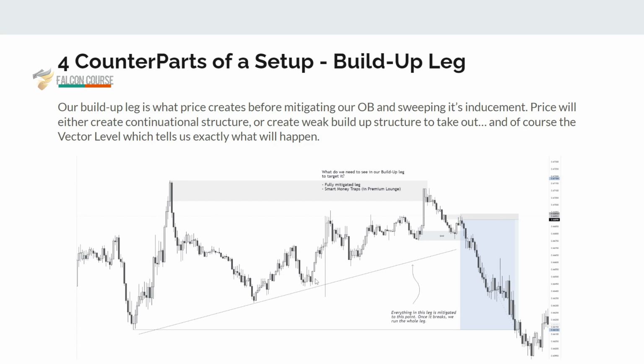A lot of people get trapped here thinking they'll sell to this point here. But that's really what our build-up leg should consist of if we want to target its low. And this will also determine this being a weak low. As soon as everything's mitigated or has traps within it, which essentially traps are just already mitigated price action that look like they're still active, but they're not. Okay.